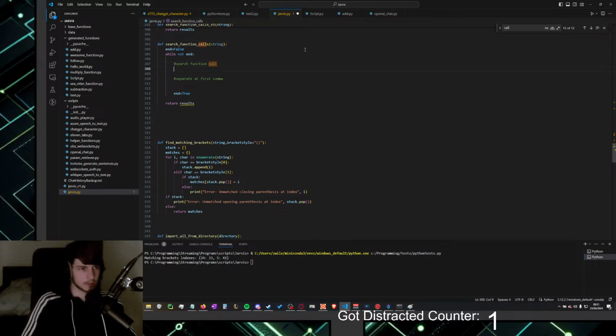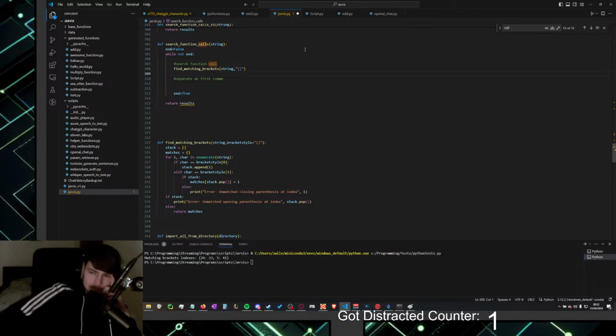But okay, let's do that by find matching brackets, string, and like this. So that gives me the indexes where the curly brackets start and finish, like as a pair.